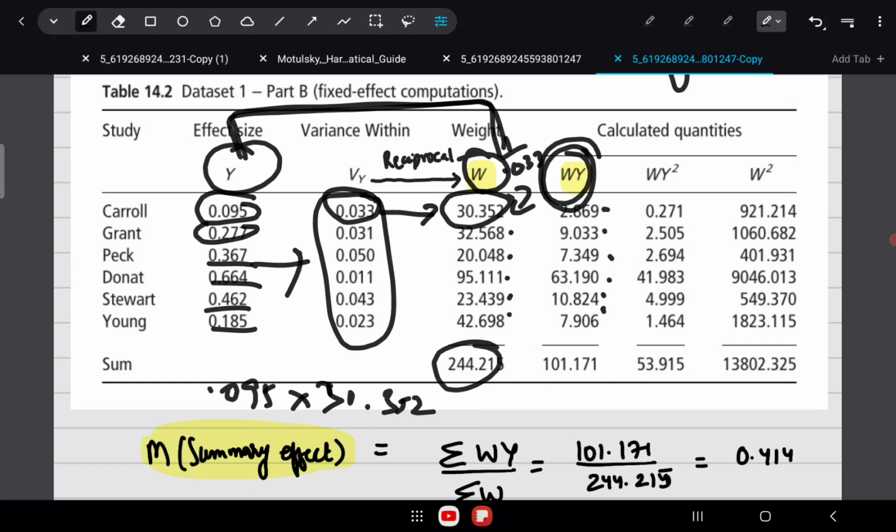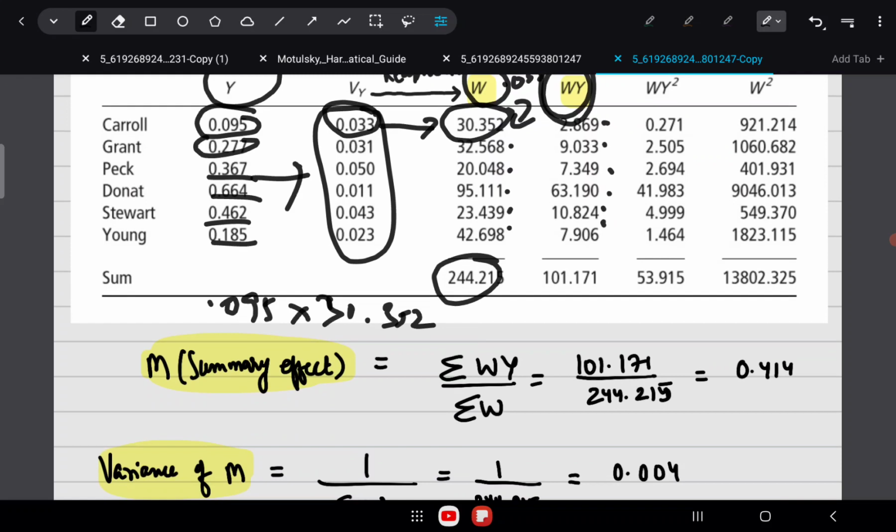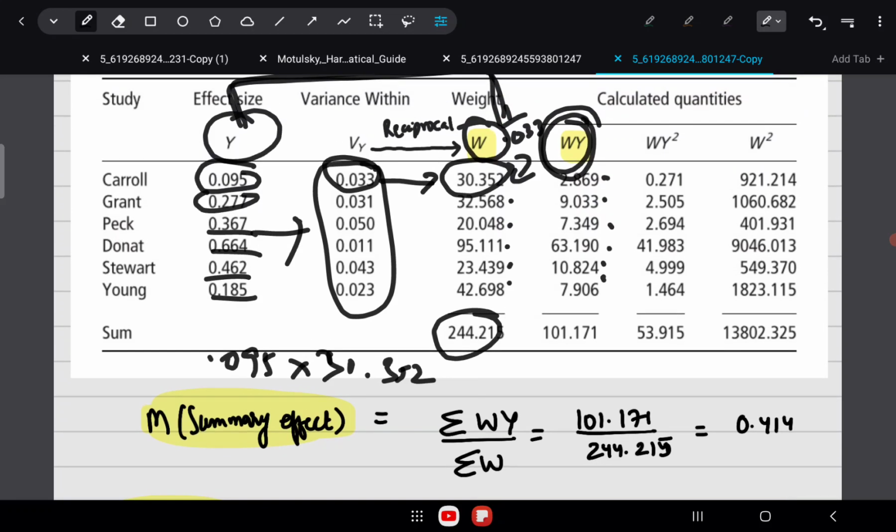So you can understand what we are trying to do: we are trying to calculate the weighted mean. The summary effect is nothing but the weighted mean of all the studies, because each study has a different weight, and those studies which have more weight will contribute more to the summary effect. And which studies will have more weight? Obviously those studies which have less variance, right? It makes sense, because they had more sample size, they are more precise studies, so they should contribute more weight to our meta-analysis. When a study's variance is less, the weight is automatically more, because weight is nothing but the reciprocal of variance, and when the study weight is more, it will contribute more to the summary effect.